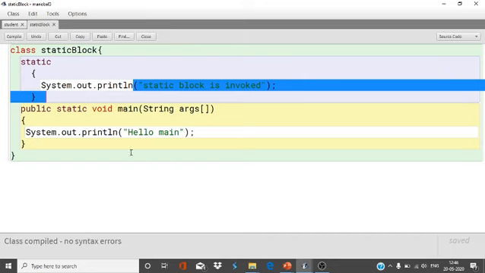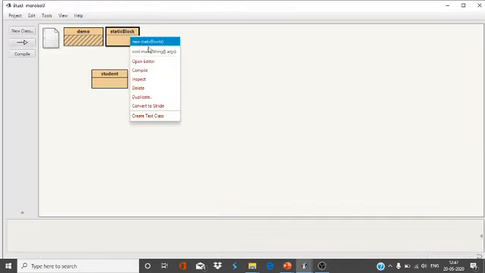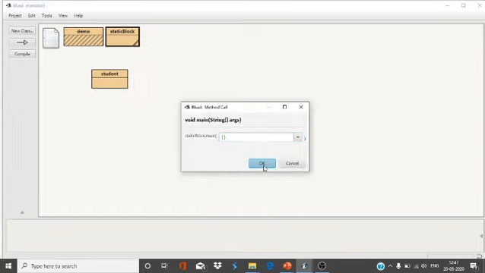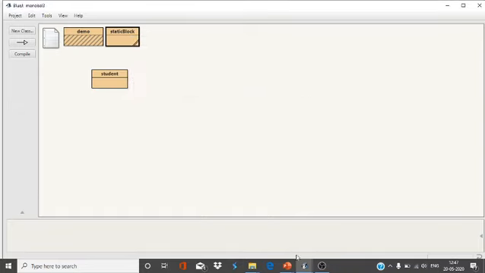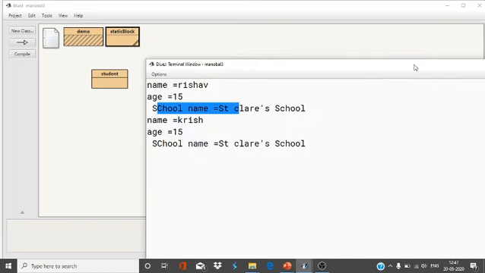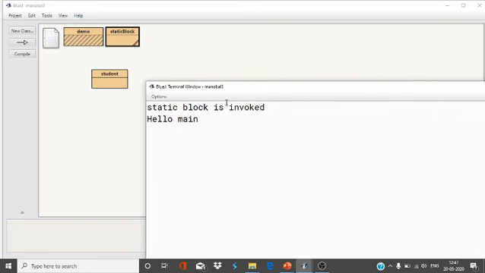You can see the output: static block is invoked, hello man.